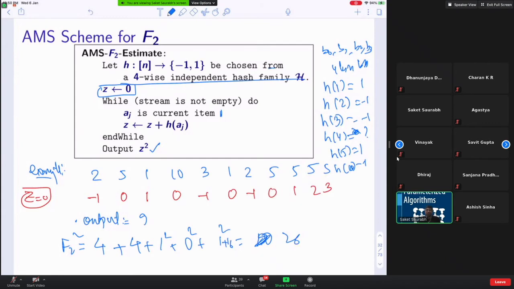But look, my hash function, I just made it. This may not be a 4-wise independent hash function for all that you care. You get my point? And the stream should also be large. But all I wanted to show you is how my algorithm runs. All you're doing is +-1, +-1. At the end, you output this number and it's a very good estimate of F2. Isn't this a very surprising algorithm in that sense?